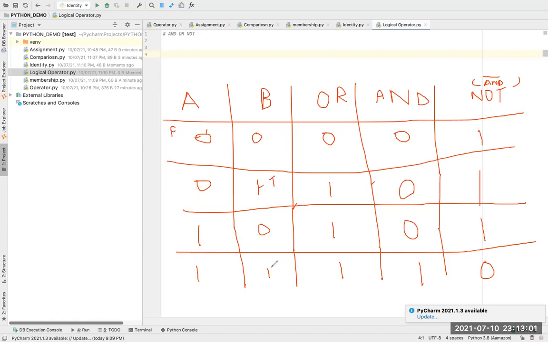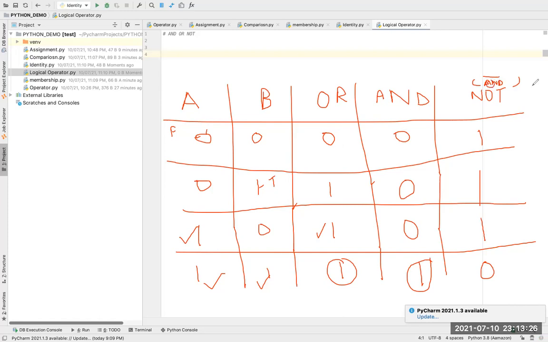If both values are true, then the AND gate output should be true. OR is saying any one condition should be true. So here both conditions are true, so it will say true. Here one condition is true, it will also print true. But the AND gate says both conditions should be true. And this NOT will just be the opposite of the AND gate. If you want the OR gate, then you can use OR.